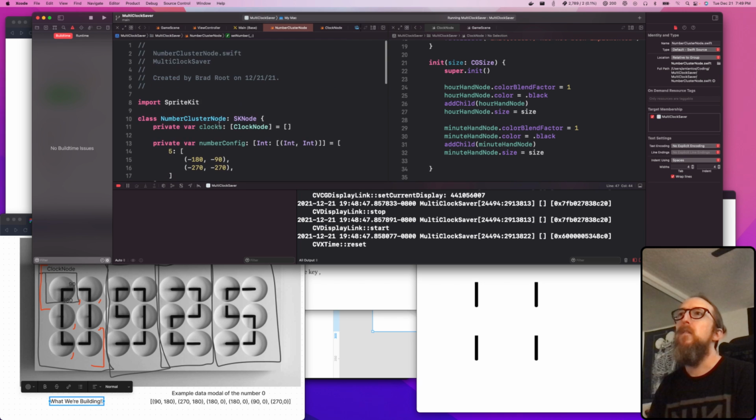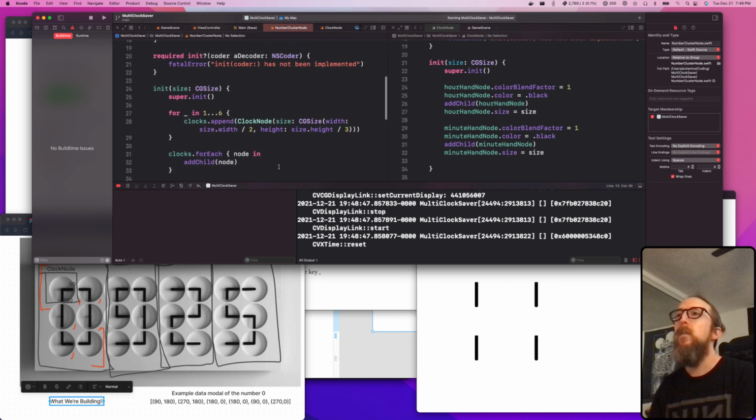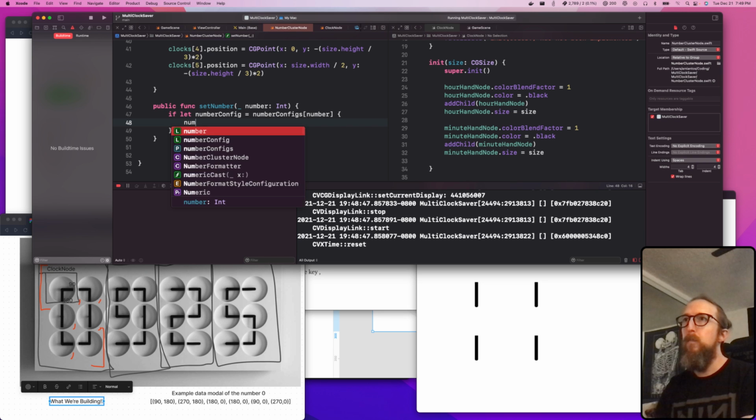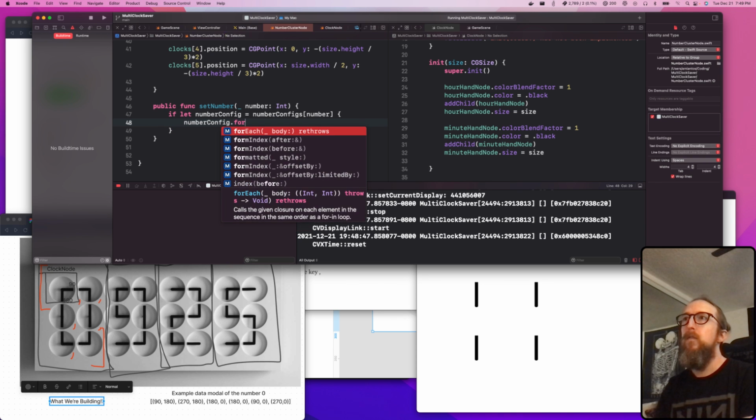We need this to be named number configs. There we go. Number configs number. And now we do number config for. It'd be cool if the for each